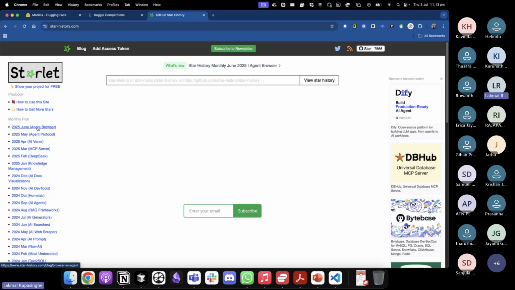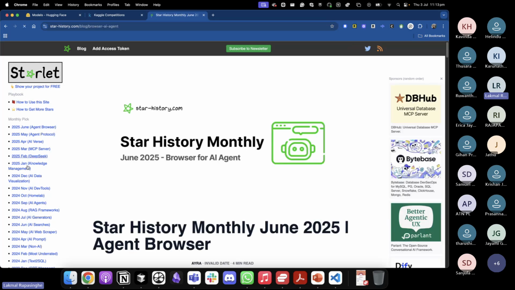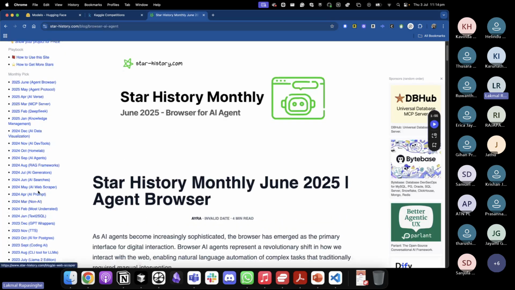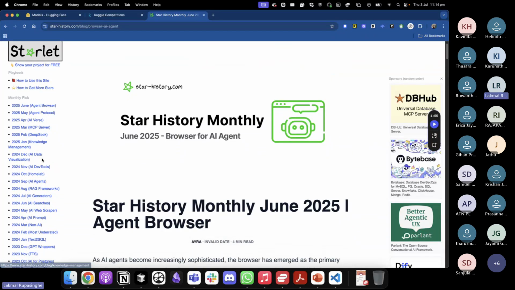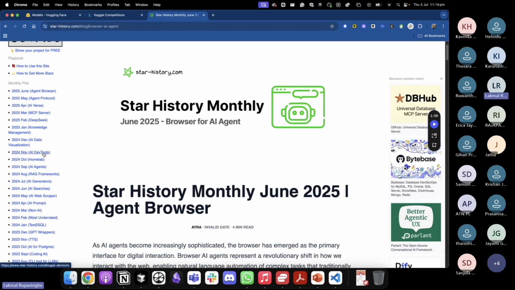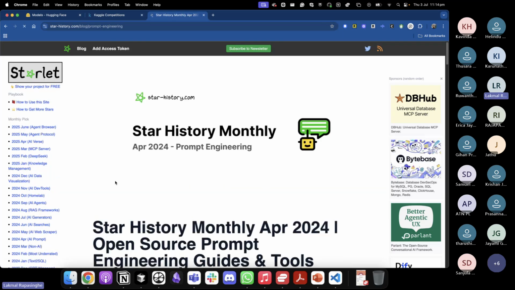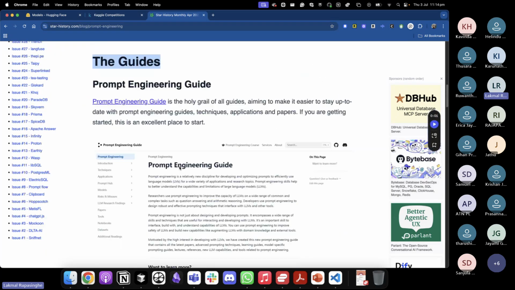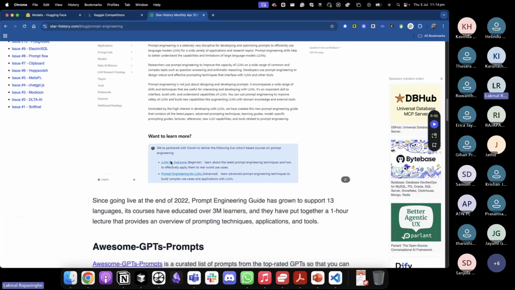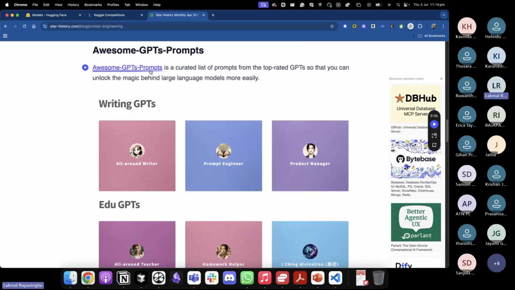If you go to 2025 June, across different areas, of course browsers, as you can see, MCP servers, or people who care about, say, AI dev tools. Or AI prompt, okay, AI prompt. Then you can get different guides in GitHub which are so famous. Awesome GPT prompts. So this is what we discussed today. You can find the best